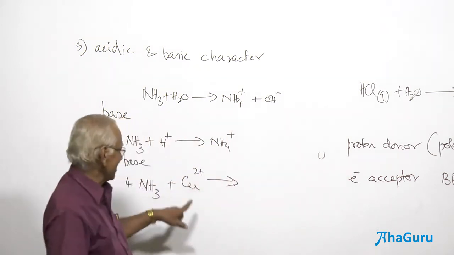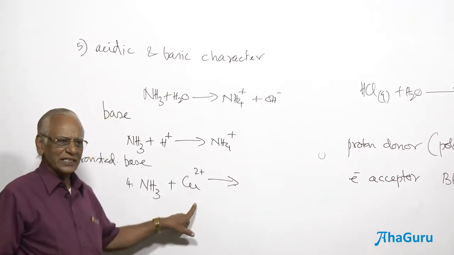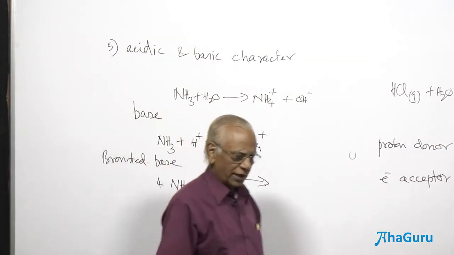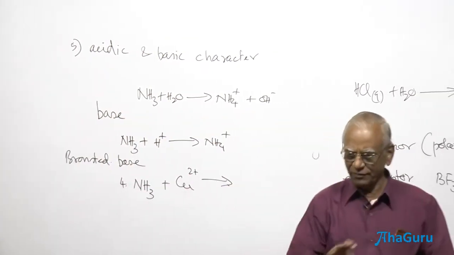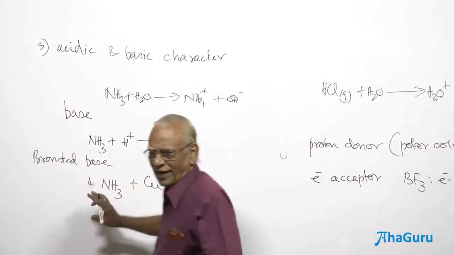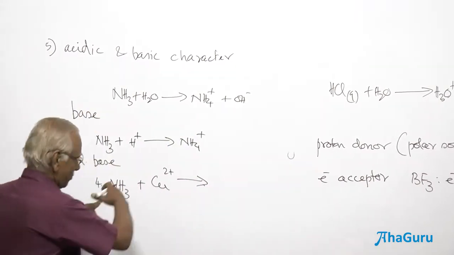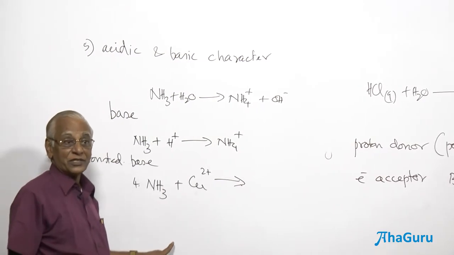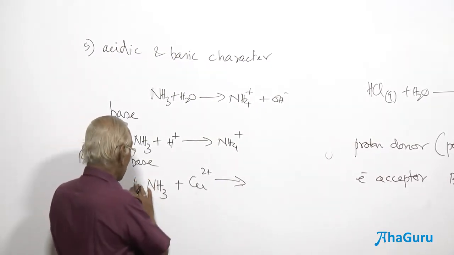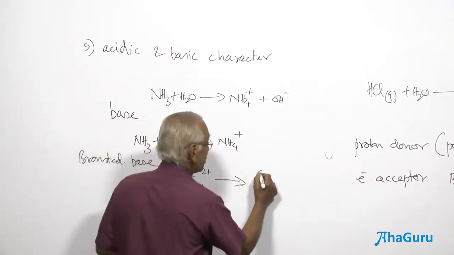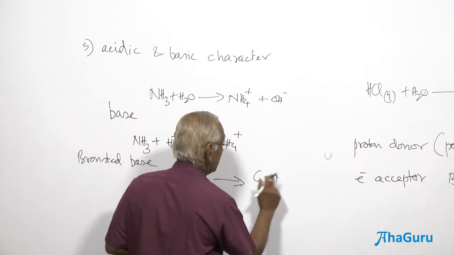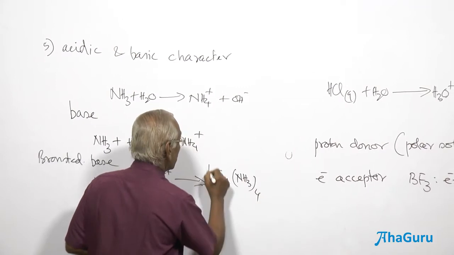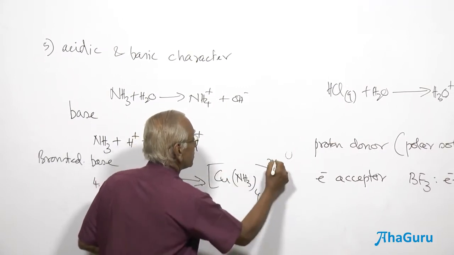That apart, Cu2+, would you consider Cu2+ to be an electron deficient species or an electron rich species? That is why I wanted to explain to you why ammonia in this particular case. Okay, let me complete this. Maybe I will ask you some more questions. These are all IIT questions. Now, 4 moles of this form [Cu(NH3)4]2+. This is the compound that is formed here.